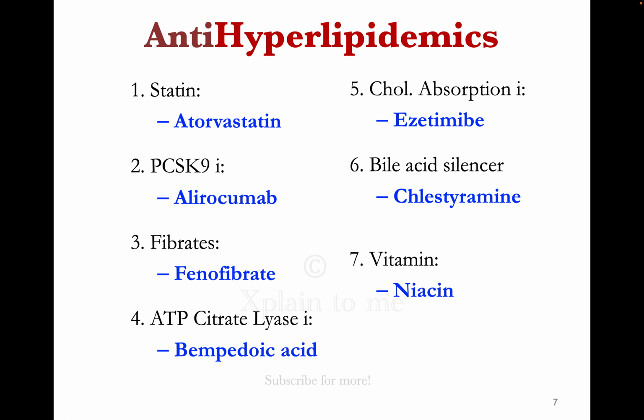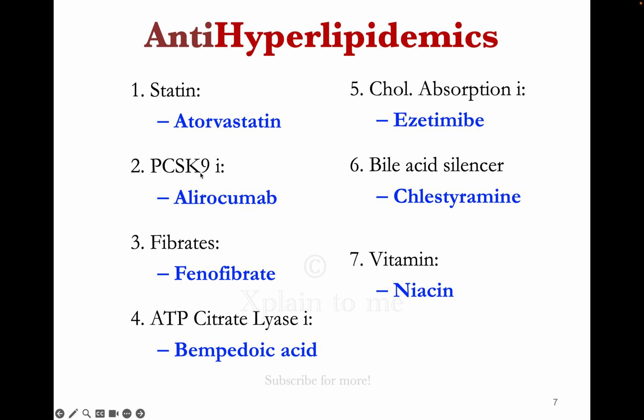This is the summary of anti-hyperlipidemics. This is for your board review. You're supposed to learn 7 different classes of drugs. Out of all these, first line is statin. You must learn the mechanism of action, class name,